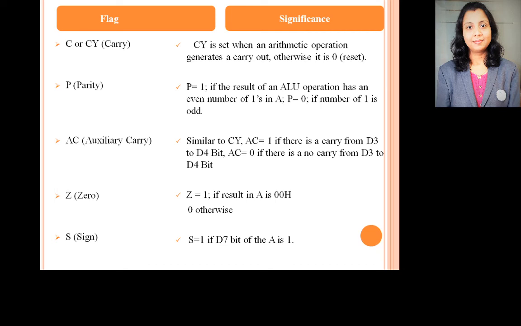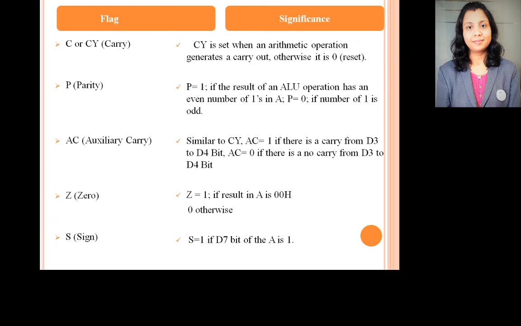Here you can see the flags and the significance. First is carry flag. It is set, that is set means equal to 1 and reset means equal to 0. Carry flag is set when an arithmetic operation generates a carry out. Next is parity, P is equal to 1 if the result of an ALU operation has an even number of ones in the accumulator, and P is equal to 0 if the number of ones is odd.